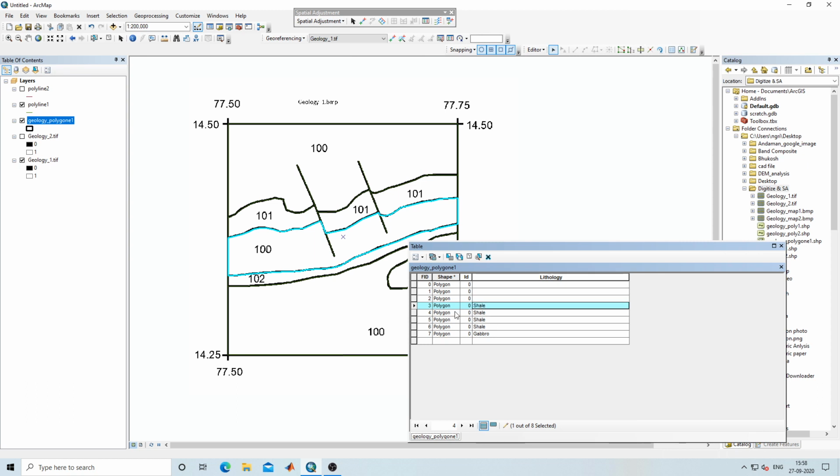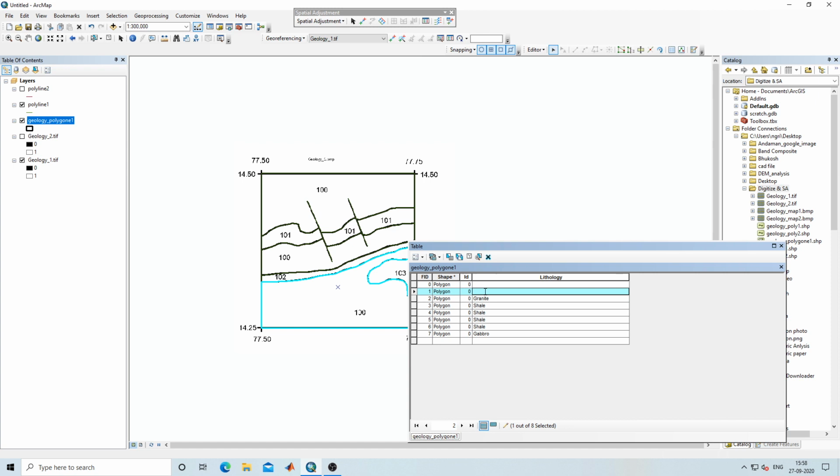Again you click here, this is 102, 102 is our granite suppose. Then again select this is 100, so 100 suppose our gabbro. We have added gabbro previously, so we have given 100 to the gabbro, so here also we'll give gabbro.